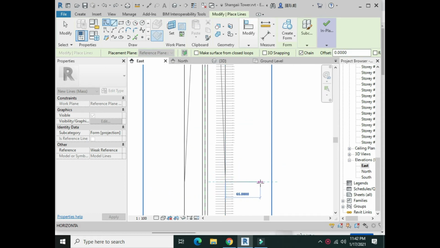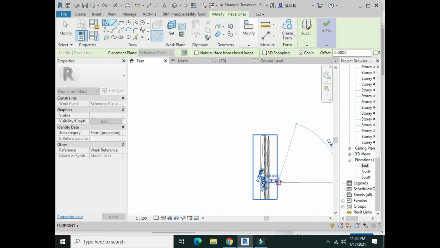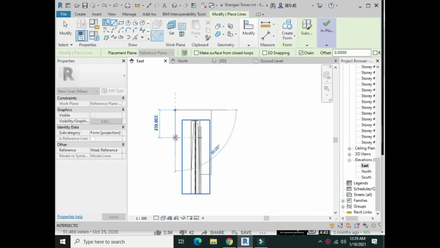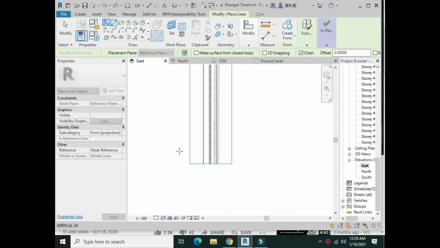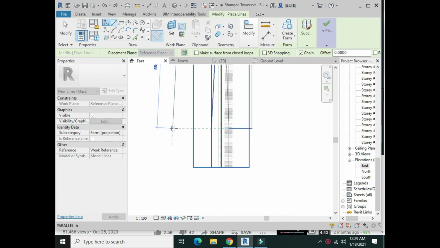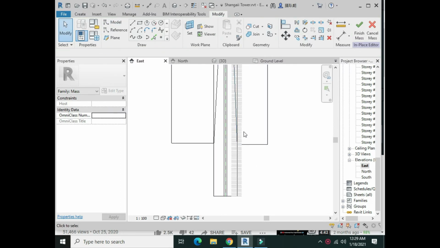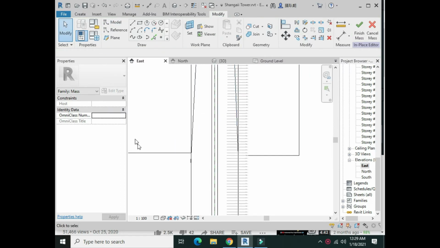and then we will create an outer structure like this way. We will complete it further as it is shown in this way, in a straight line, and then I will connect it to this point. So in this way our outer design is almost completed, but now I have to do one more thing, that we have to trim the extra lines.